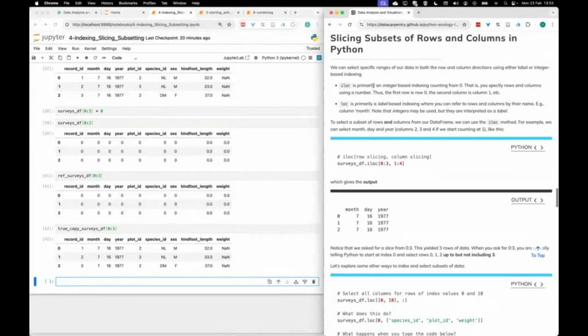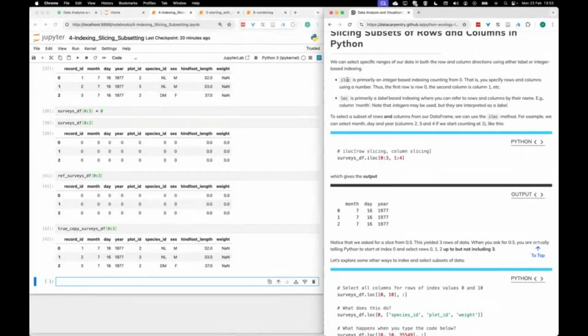Okay, so now we get into syntax for getting pandas to select not just a range of rows or individual columns, but subsets using both of those. There's a full range of syntax that we can use for that. So there are two approaches that we can use. One of them is based on integers,